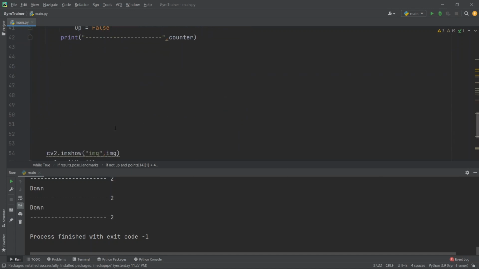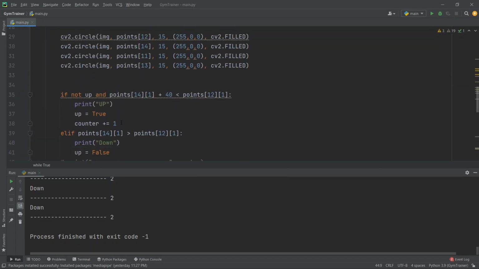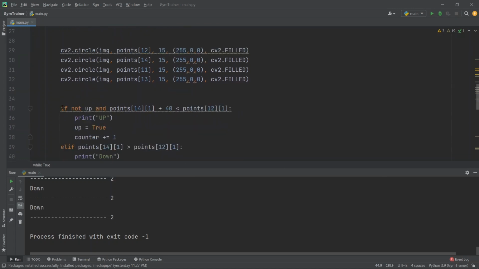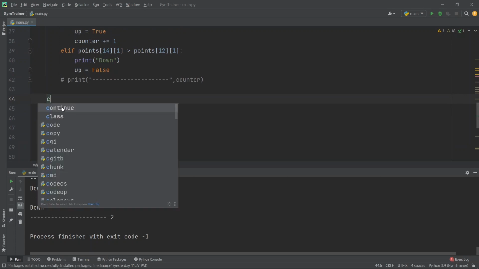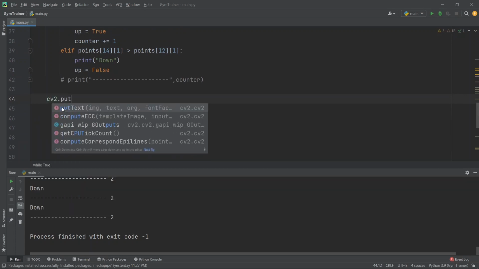Now the last point is that we are getting the count on the screen. So let's just write the statement that will print the count on the screen instead of the console. We will put it over here, and we will go for cv2.putText.